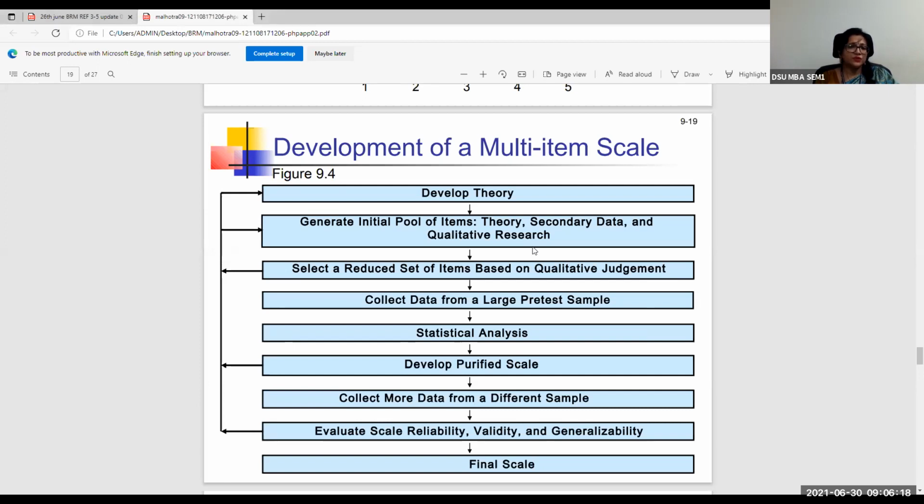So basically you should have the theory beforehand. So it could be a customer satisfaction theory, or a brand loyalty theory, or an employee motivation theory in general. All right. So there should be a theory behind that. And what is a theory basically? Can any of you put in the chat box, what is theory?